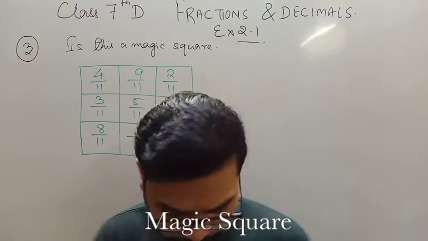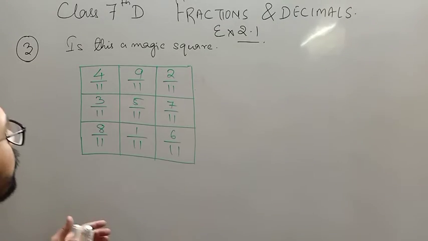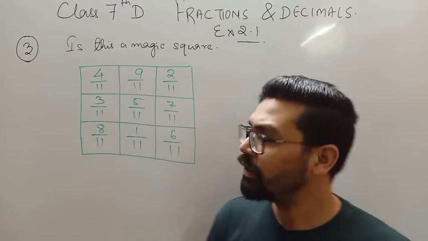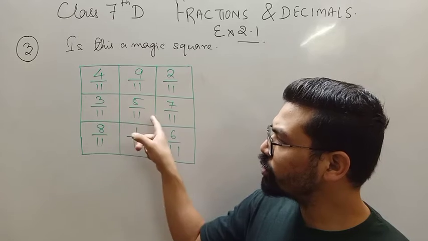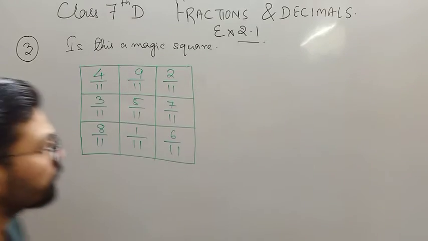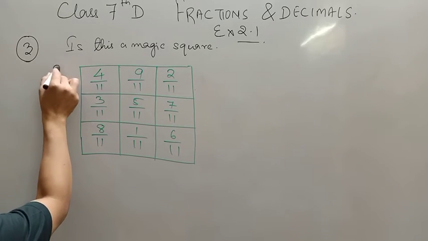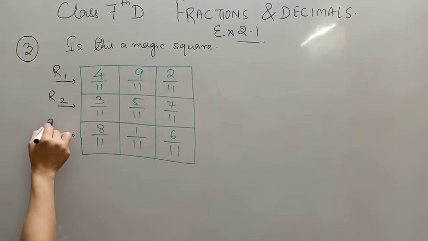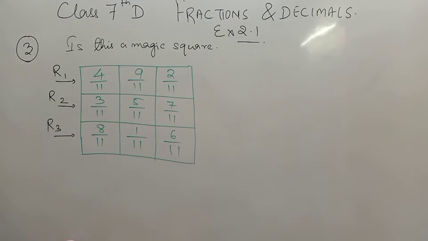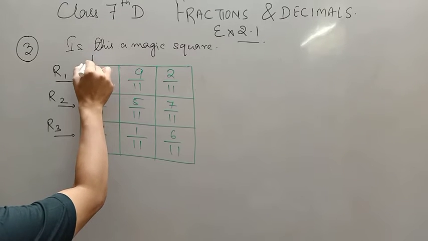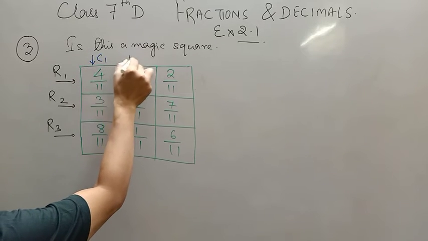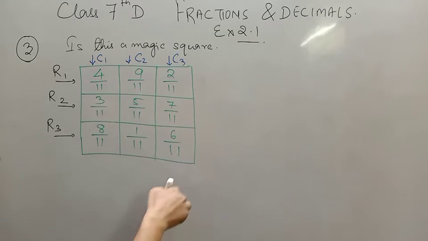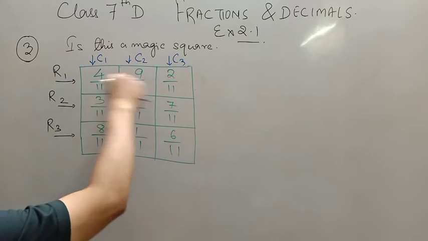What does this mean? See बेटा, इसमें एक मैजिक स्क्वायर जो होता है, आप एक स्क्वायर को तभी बोल पाएंगे जब जो एलिमेंट्स होंगे बेटा आपके रोज में. So this is your row 1, this is your row 1, this is your row 2, this is your row 3. Similarly, this is column 1, this is column 2, this is column 3. So these vertical lines are basically columns, and horizontal are the rows.